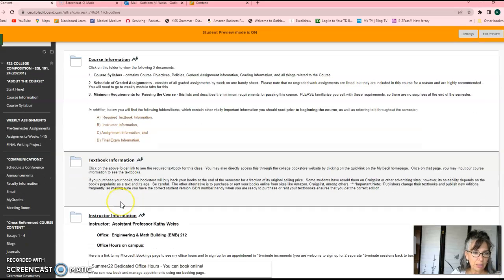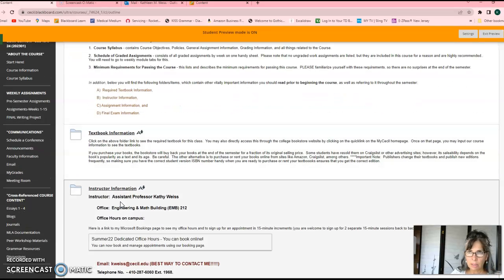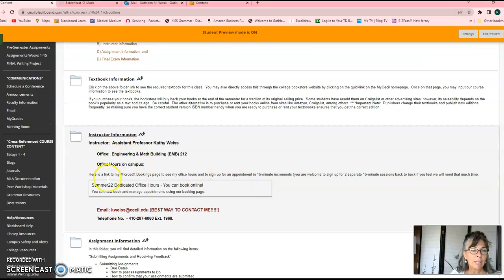The textbook information is in St. Martin's Guide to Writing, 13th edition, but you can click on that and see it. This is information about where my office is and my telephone number. Well, the best way to contact me is definitely by email. I'm not always in my office, and I don't often check it, whereas I check my email every day, usually